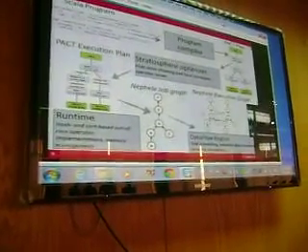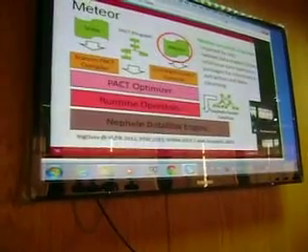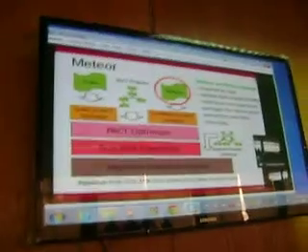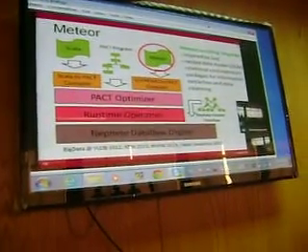So to cover Meteor in a little more detail, it's a scripting language which is inspired by Jaql, which is, I think,